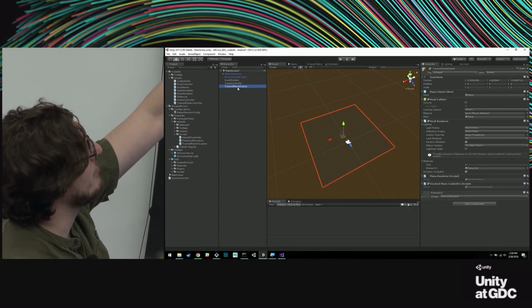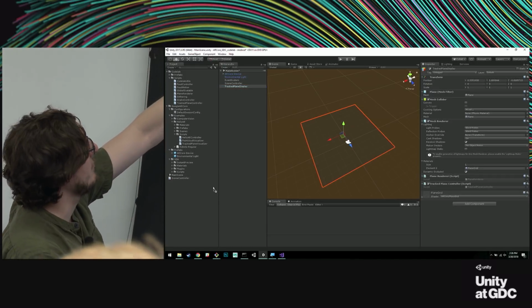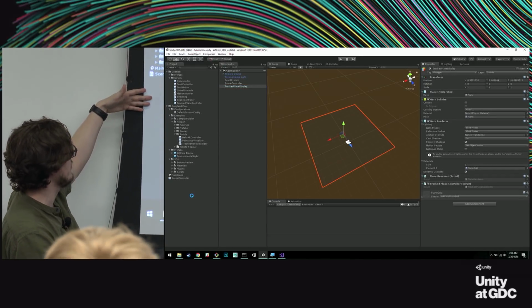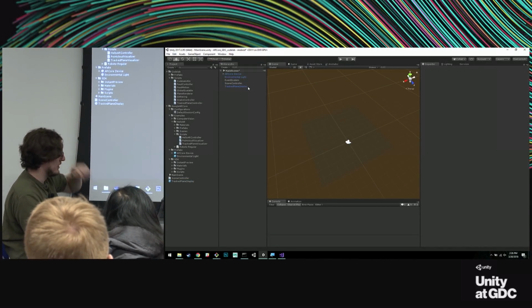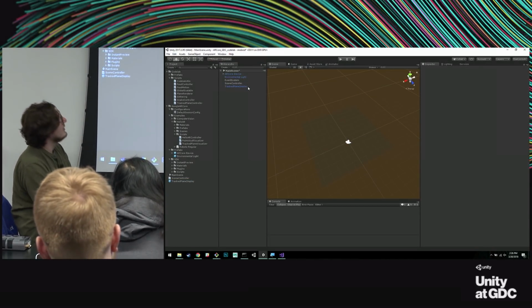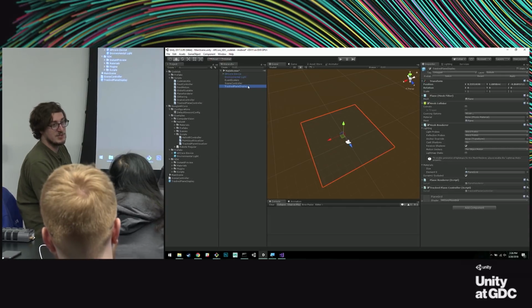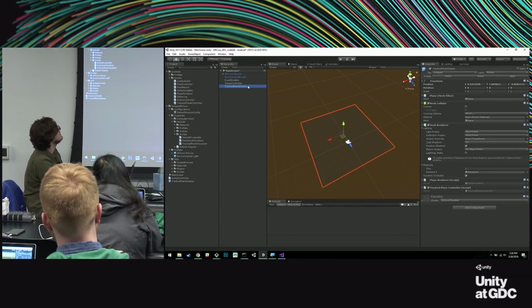In order to make this a prefab, I'm going to drag it from my scene into my project over here. And you'll notice in the project, it's going to turn blue, or in the scene there. That means it's a prefab. I highly suggest making sure this is blue before doing this next step, which is going to be deleting it